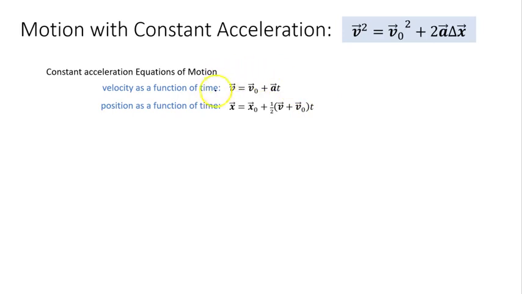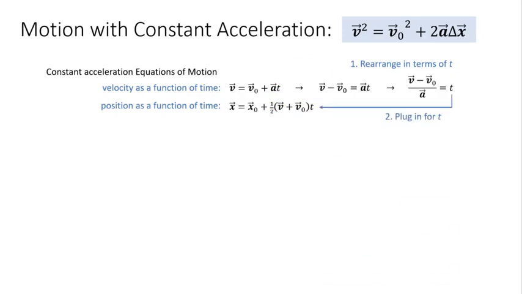So I'm going to use my top equation. I'm just going to rearrange it and solve for t, and then plug that value in for time down here. So how did I do that? If we rearrange, I get (v minus v naught) divided by a is equal to time, and then I plug it in for that t in my second equation, and I get something that's kind of ugly, right? So x equals x naught plus 1/2, (v plus v naught) in parentheses,